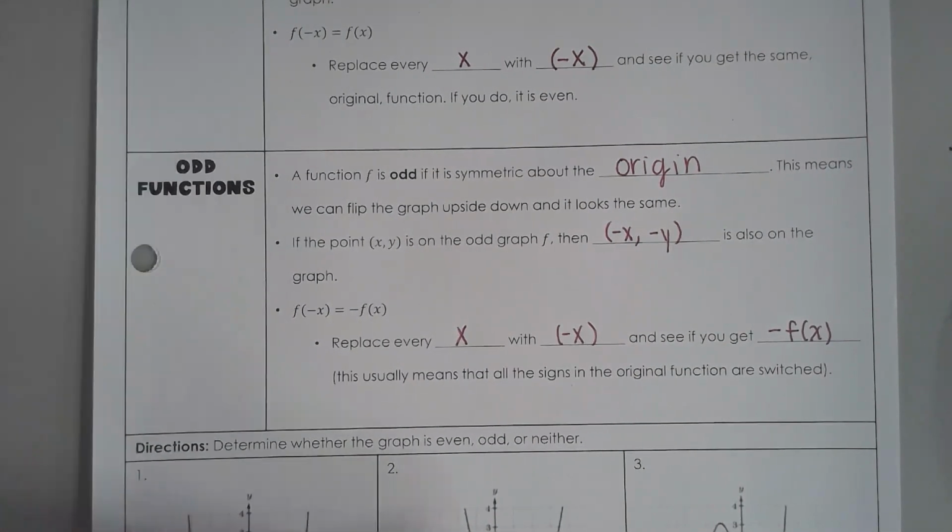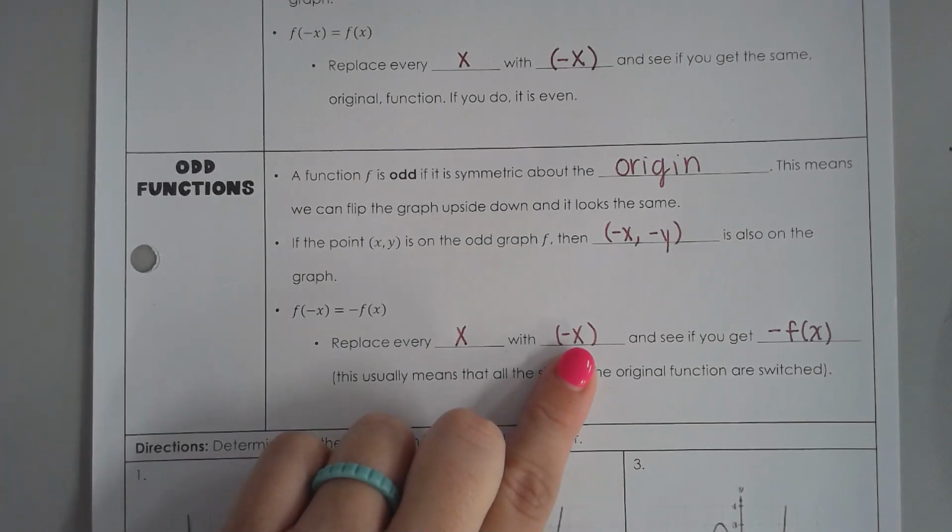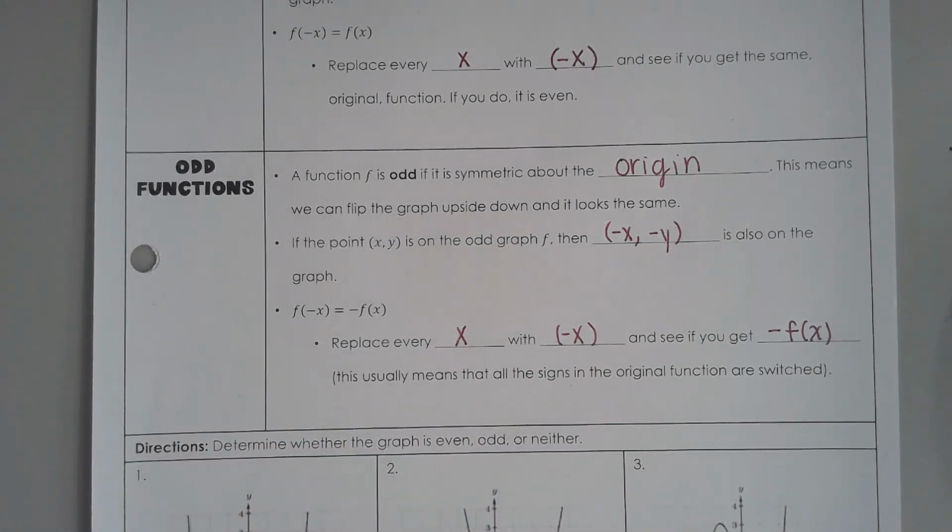So if you replace every x with a negative x and you simplify it and do all the algebra steps to make it look nice and neat, if every sign is opposite of what your original